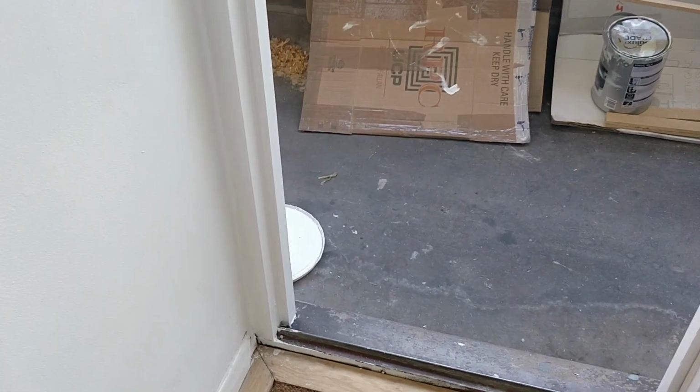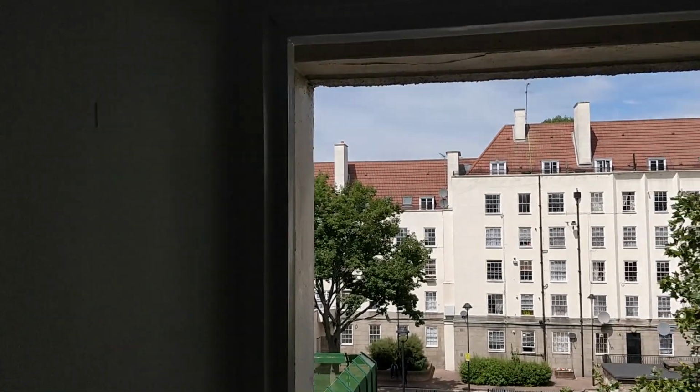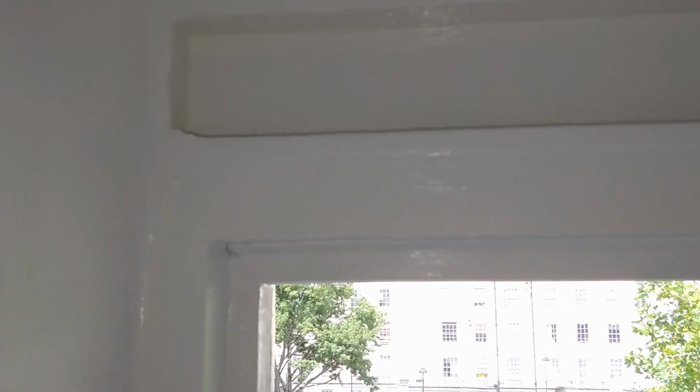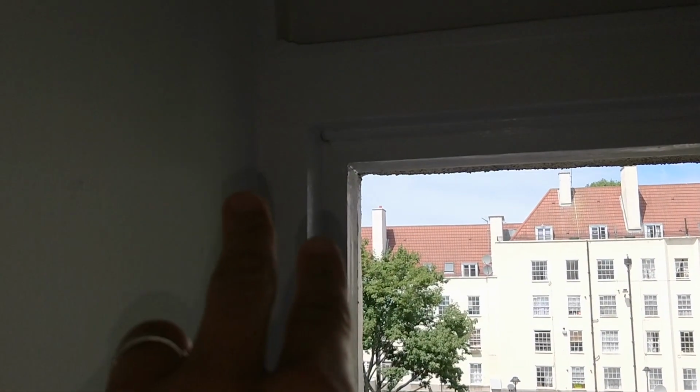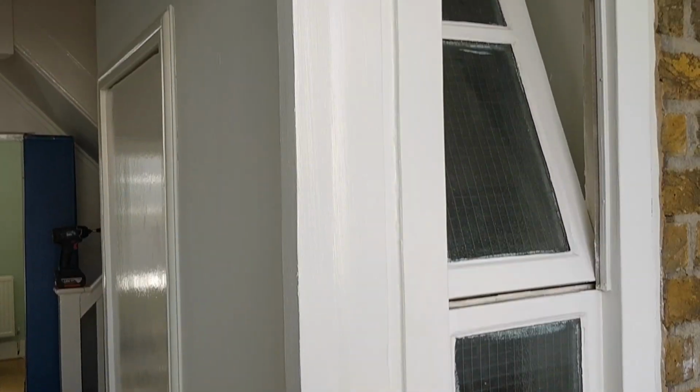So I finished installing this doorway. This is the new frame that I've made. It's a bit tricky to see really because of the contrast, but let me see if I can turn on the torch. That just makes things worse. Anyway, these 2 pieces here are the new frames, and they're painted. So that goes the whole way down. So we've got the outer frame and the inner frame. Both of those have been brought out, and then I've just blended them there like that the whole way down